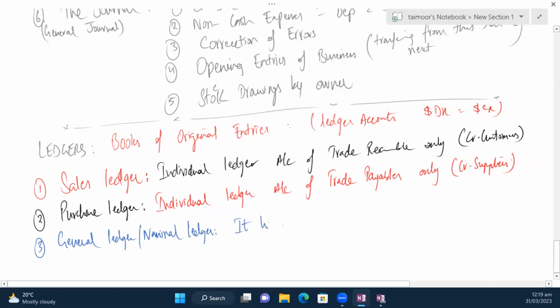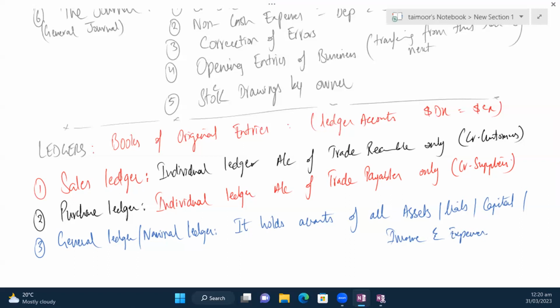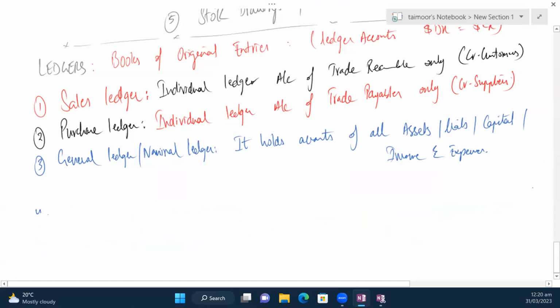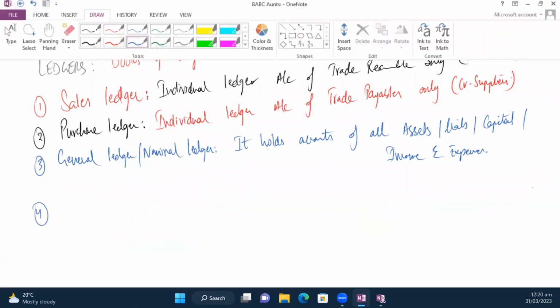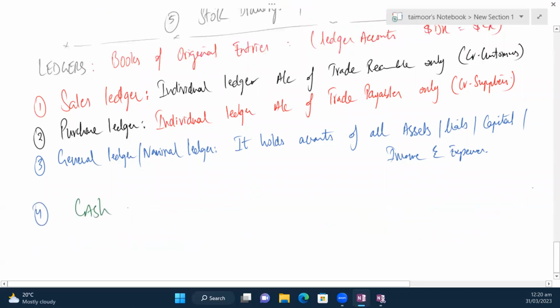It holds accounts of all assets, liabilities, capital, income, and expenses. Everything that is there in the business, apart from receivables and payables. Where will all their T accounts be? In the general ledger. And finally, some businesses, not all businesses, use the cash book